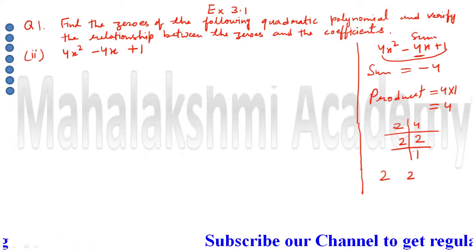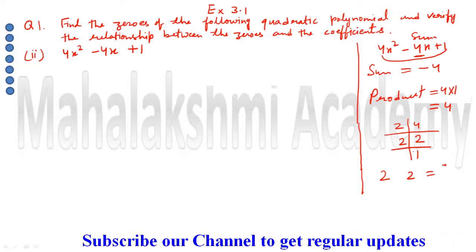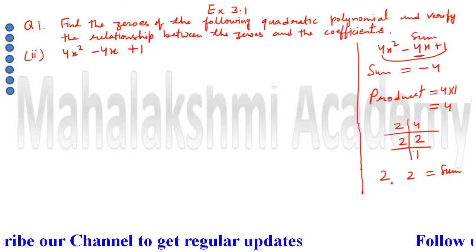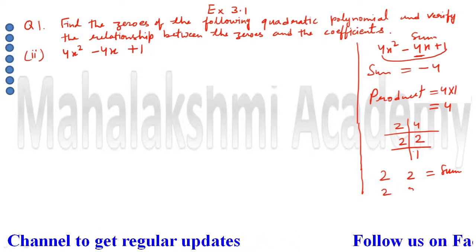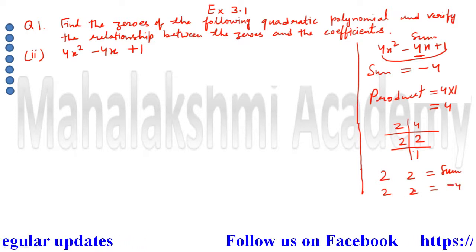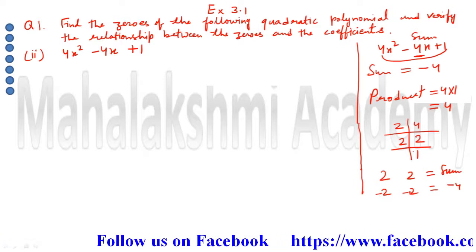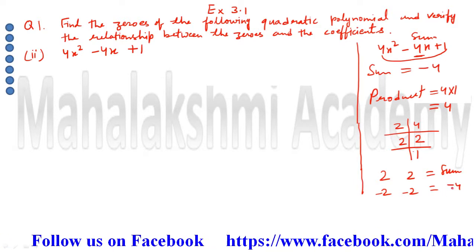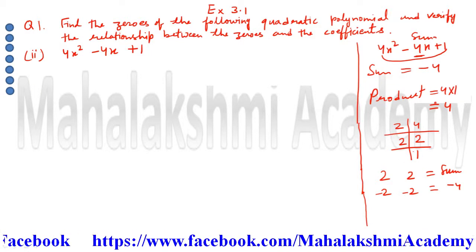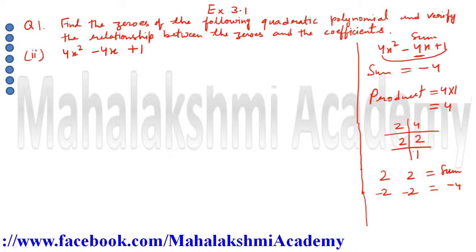Now you have to select the signs of these two so that you get the sum. What is the sum here? Minus 4. So from these two, you have to get minus 4. What sign should you appoint? Minus and minus, because if you select minus 2 and minus 2, your answer is going to be minus 4. This process is named as the rough work of the factorization. Now we have selected the two factors as minus 2 and minus 2.